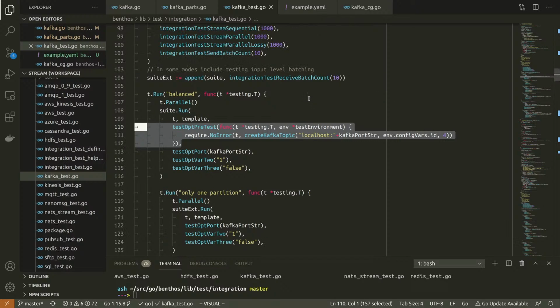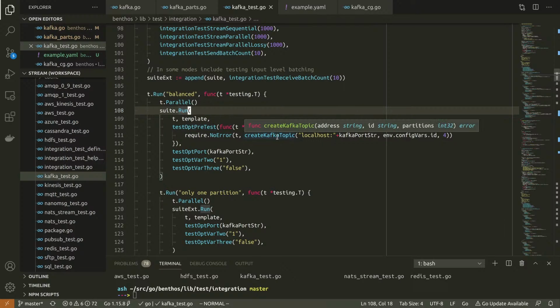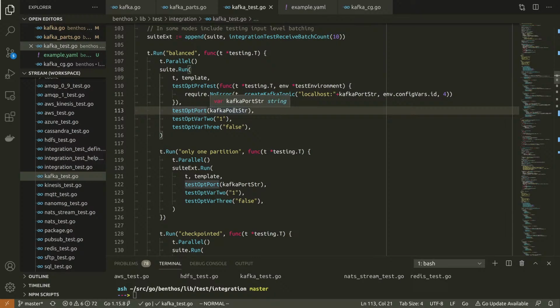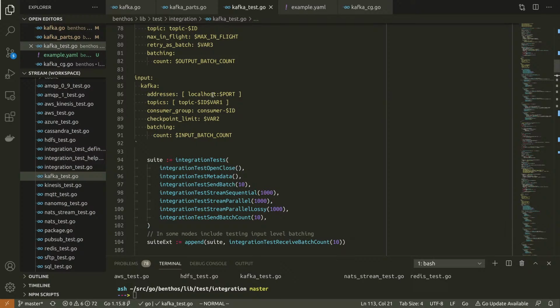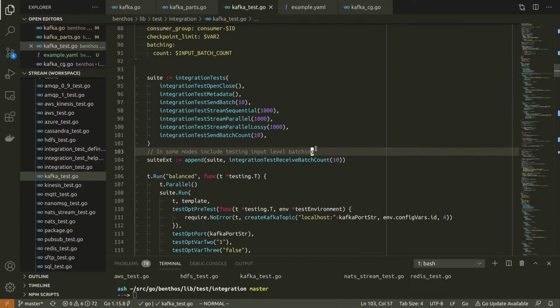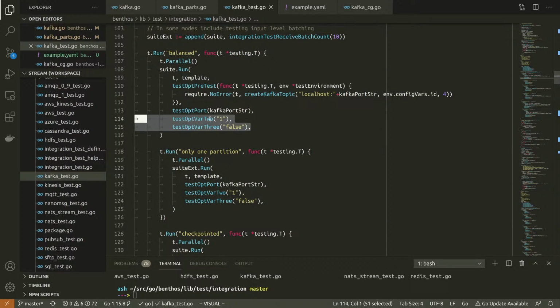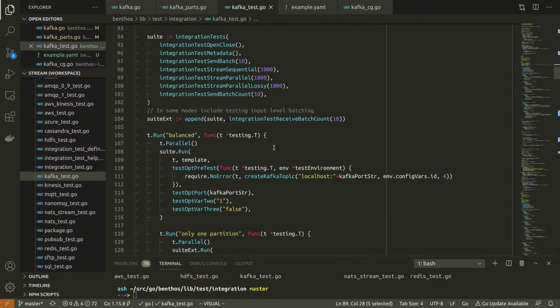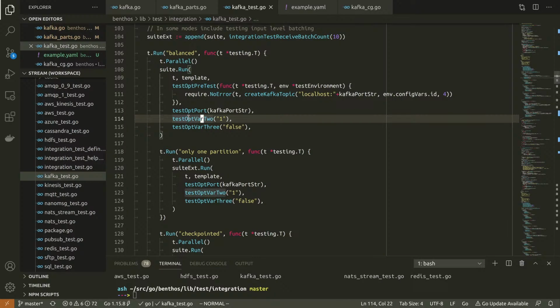So with Kafka, for example, I have a little pre-test func that I run where I actually create the Kafka topic. I've got a little helper function here, and you can create a topic with explicit number of partitions, which is kind of useful for these tests. And then there's another opt for specifying port to connect to, and that gets replaced in here. And then you can do a few other things. So you can specify arbitrary variables. So here we've got a variable 2, which gets replaced here. So I can run my suite with a checkpoint limit of 1, and then I can run the same suite with different variables.